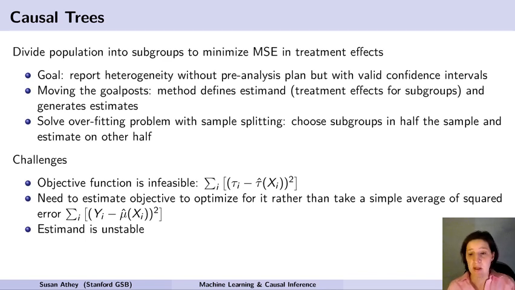Another challenge with this method, and this can be a fairly big challenge, is that when you do sample splitting, there's a problem that your estimates are going to be somewhat unstable. I can split the data and find one partition, one tree, but if I sampled the data again, I might get a different tree. And it's not that either of them are wrong. They're each good descriptions of treatment effect heterogeneity, but they're not the same. So that makes it harder to replicate results and might impede the reliability of your results. And that problem doesn't have an easy solution.